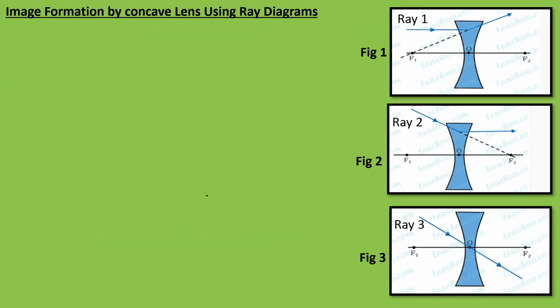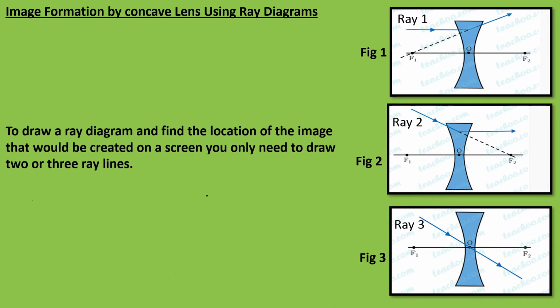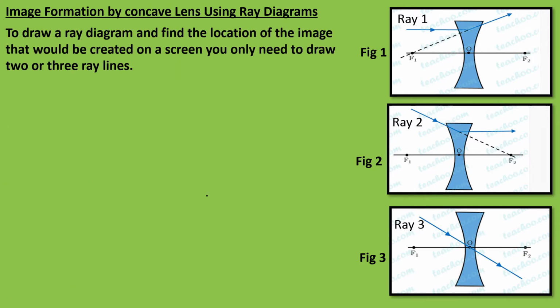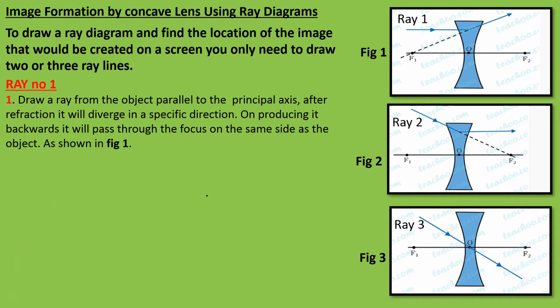Image formation in concave lens using ray diagrams. To draw a ray diagram and find the location of image that would be created on a screen, you only need to draw 2 or 3 ray lines. Ray number 1. Draw a ray from the object parallel to principal axis. After refraction, it will diverge in a specific direction. On producing it backwards, it will pass through the focus on the same side as the object, as shown in